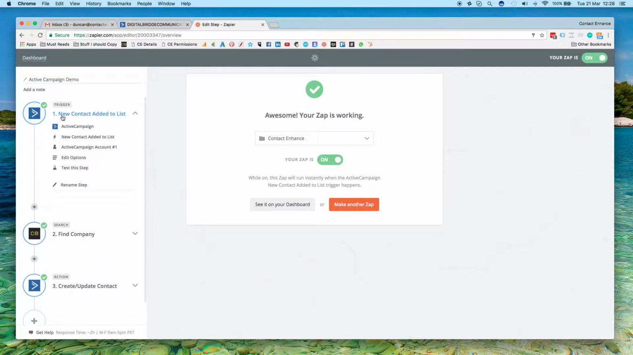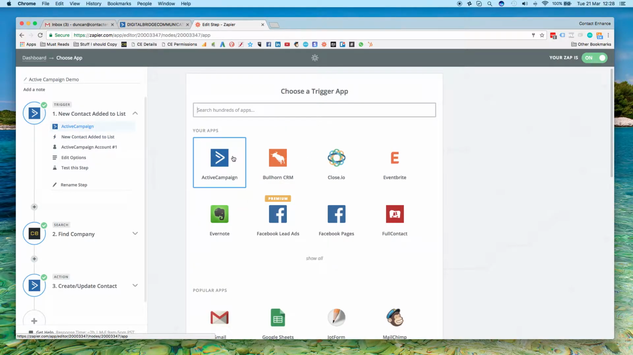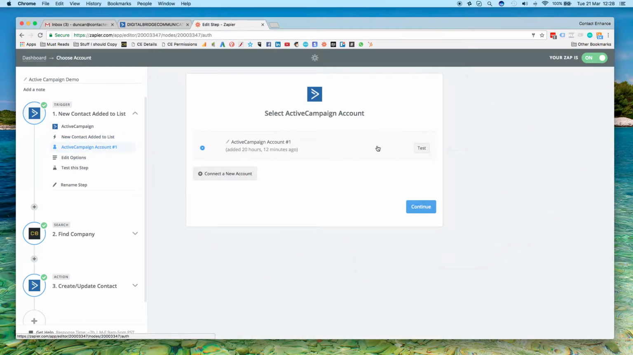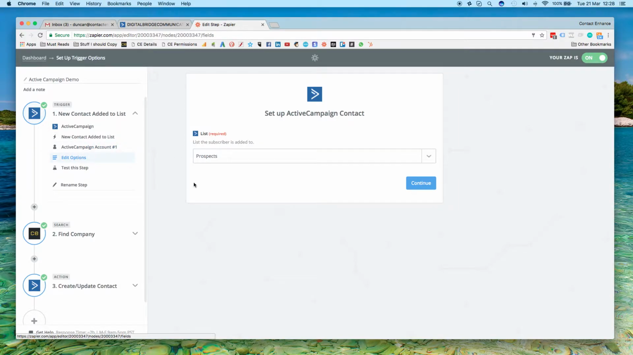it's triggered basically on a new contact. So I selected ActiveCampaign, then I selected new contact added to list, then I connected my ActiveCampaign to Zapier. Once I had done that, I went through to here and I looked at a list of prospects. So when a contact comes on and goes onto a list of prospects, then that's when I want my trigger